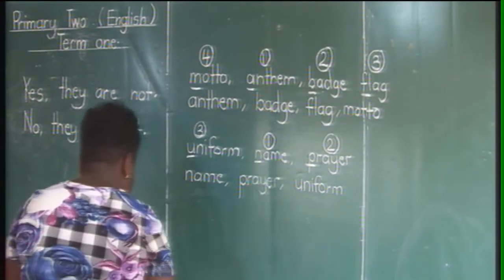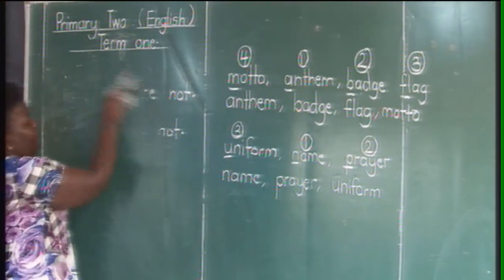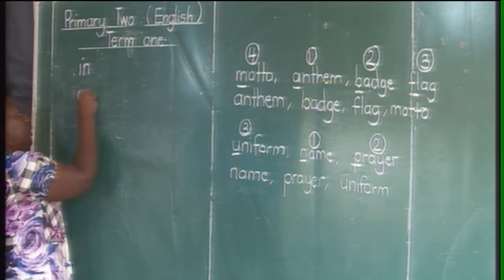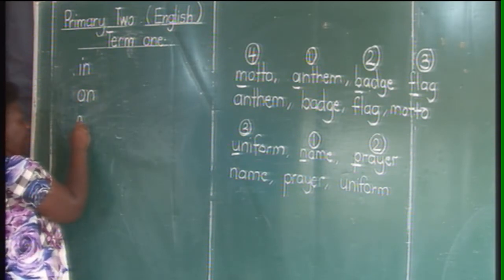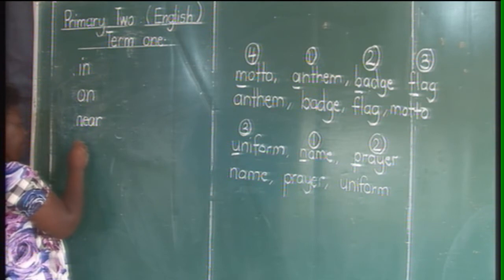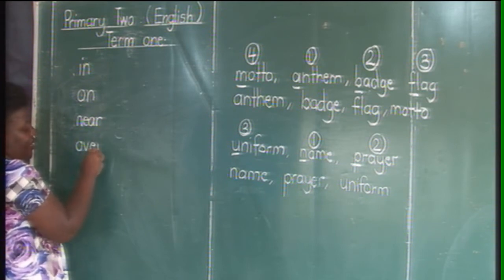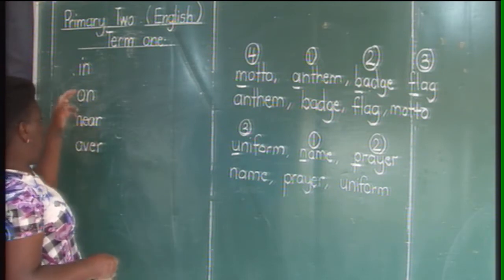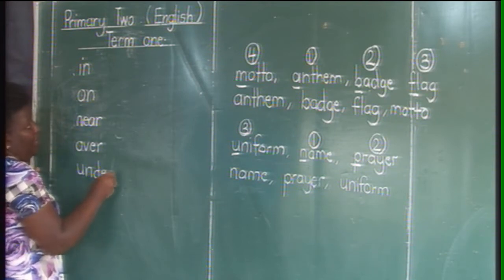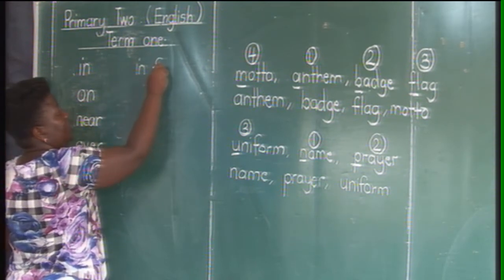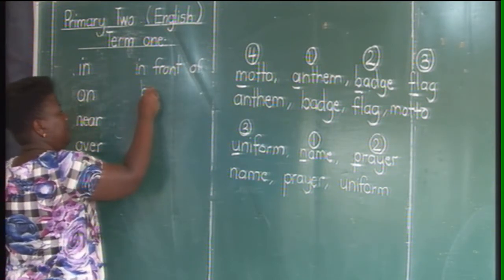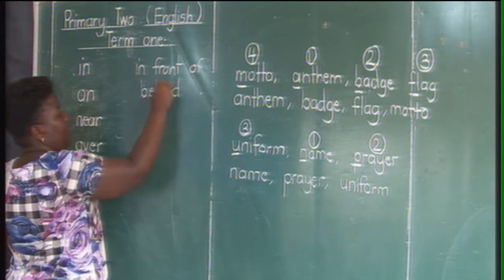So let's try to identify the prepositions we've got. We've talked of in, we have on, we have near, we have over, like the bird is flying over the house. In, on, near, over, we have under, we have in front of, we have behind, we have the word between,